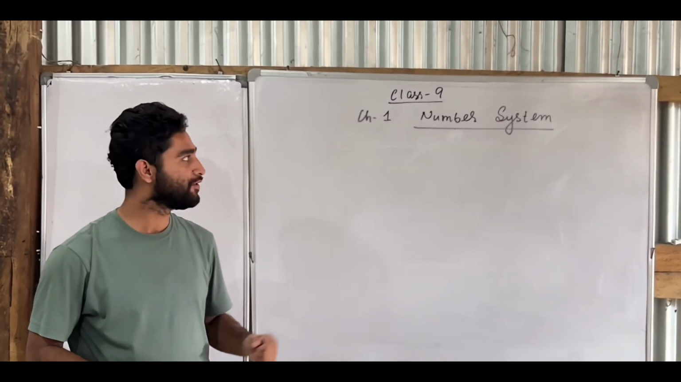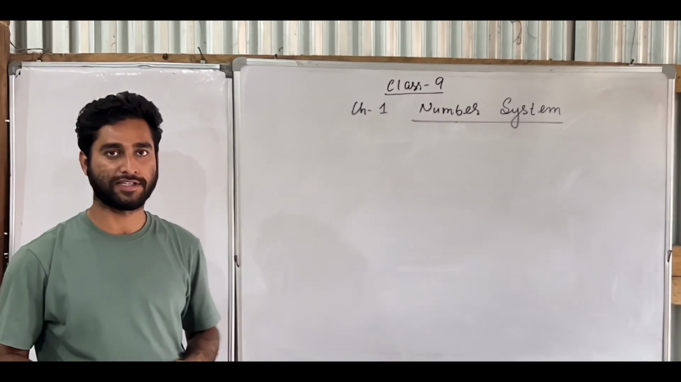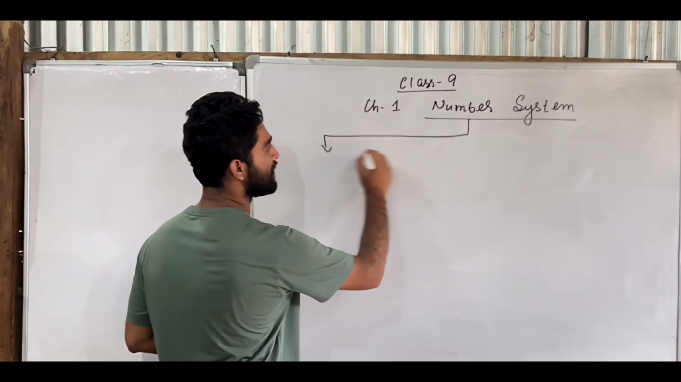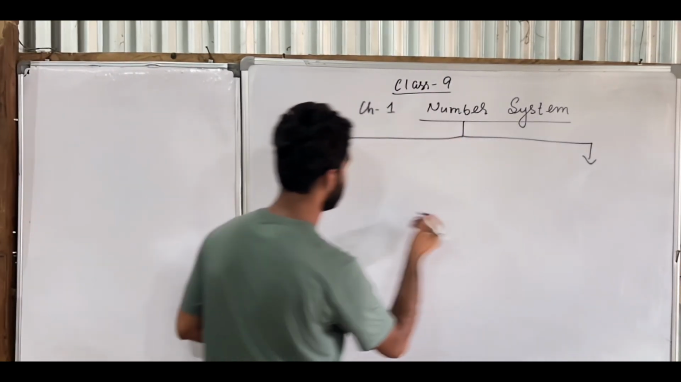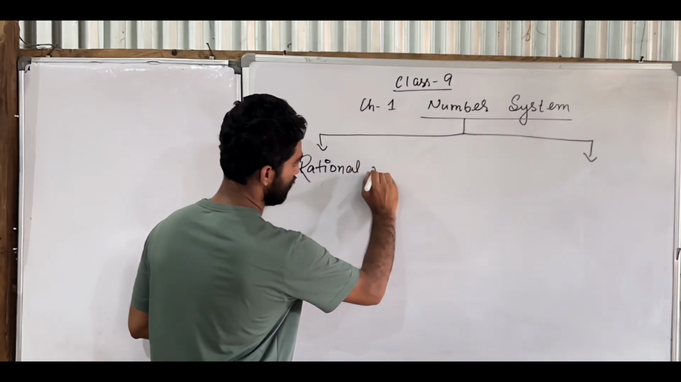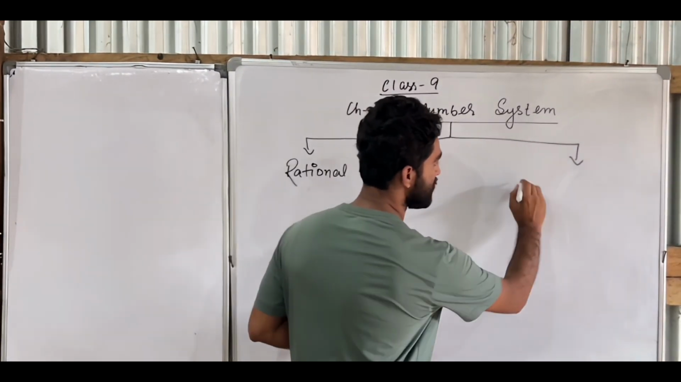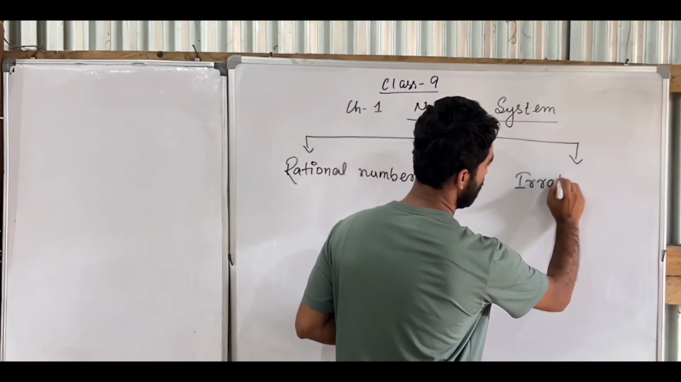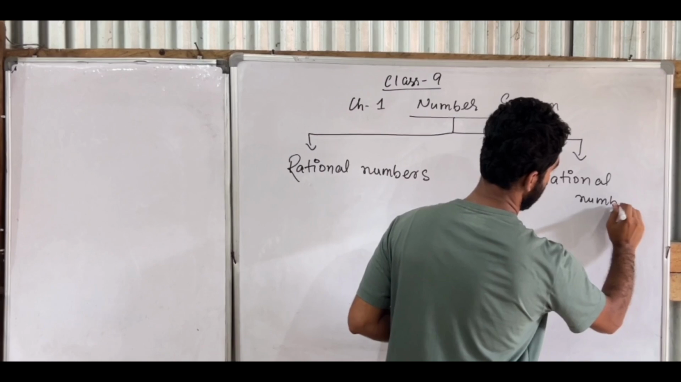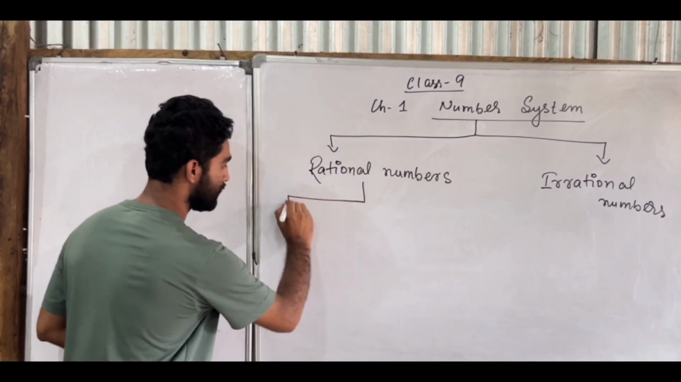Today in this video we will start the class 9 maths, that is the chapter 1 number system. So this number system is mainly classified into two types. One is rational numbers and another one is irrational numbers. So under the rational numbers we get